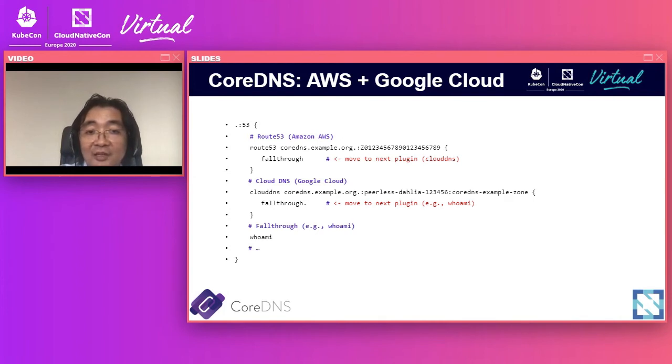The fall through is done through the optional fall through line in Route 53's configuration. Of course, you can also add a fall through configuration in CloudDNS as well. In this case, CoreDNS will find the next plugin to figure out what to do if they still cannot find a match in DNS records. You can certainly add whoami, or you can just forward to some other place. This will give you